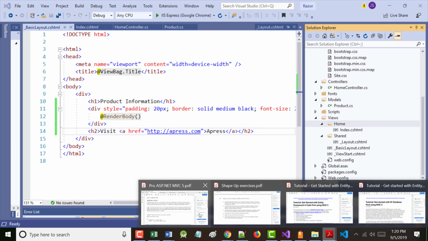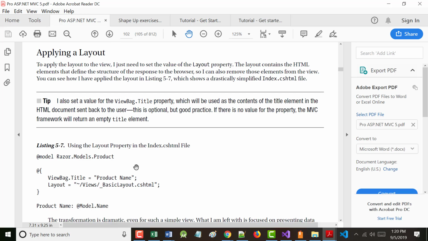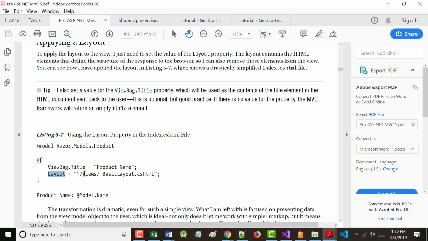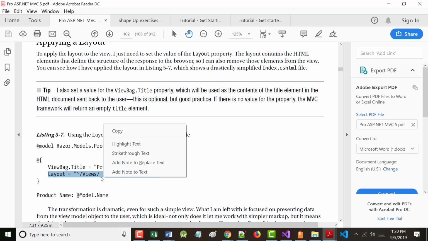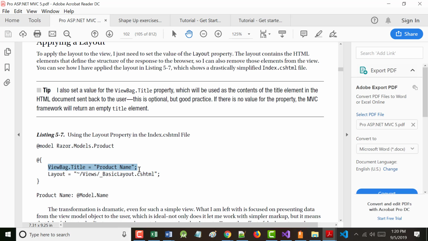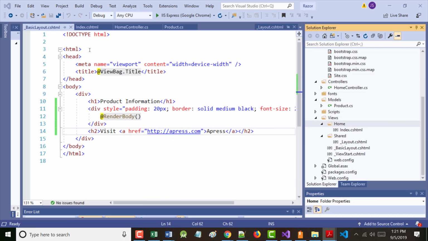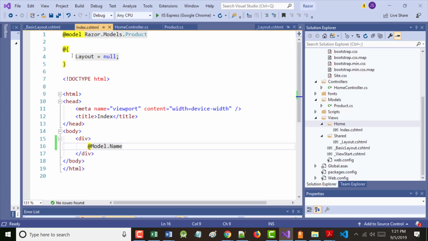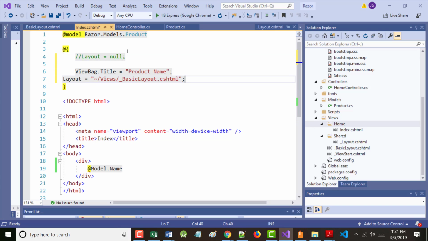So the author says, well, the other thing we can do is we can come back to our index.cs HTML file and we can just add this. All right? So they're changing in here. Up here in our index.cs HTML file, they're changing it. So what I'm going to do is grab the line that says layout equal null, and I'm going to comment that out. And then I'm going to add what we want in here.